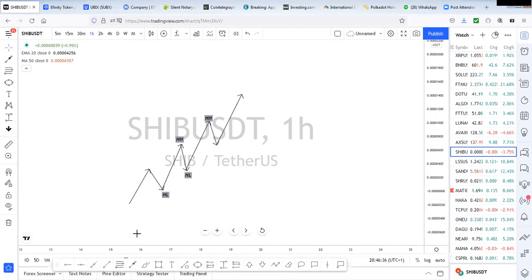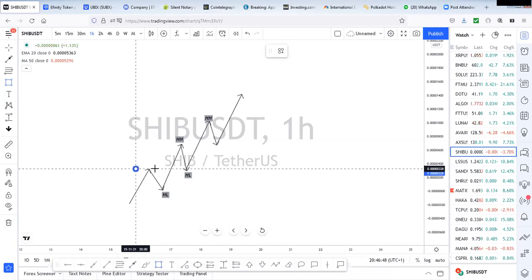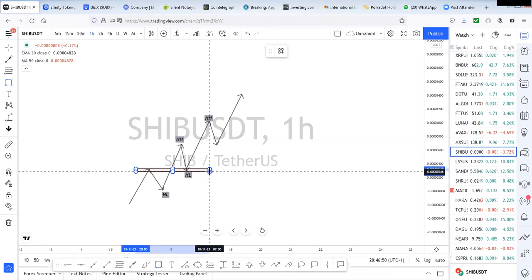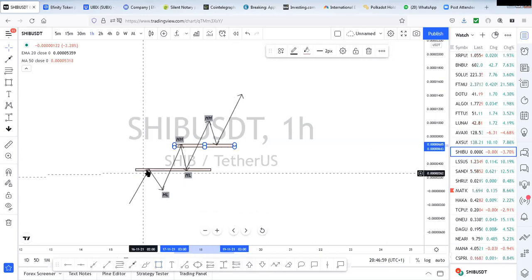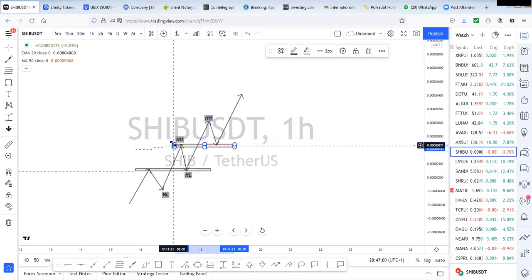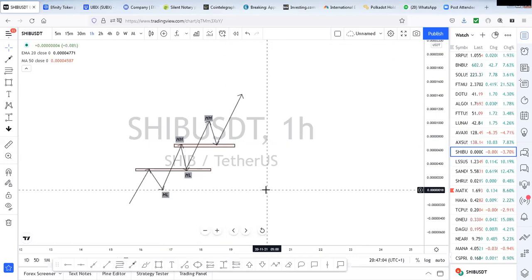And here, if you see this kind of thing now, it's very easy for you to spot your support and resistance areas. These are our supports. This resistance, this support, this resistance, this support. Are you following? So that's how the market will be forming; the patterns will be repeating themselves